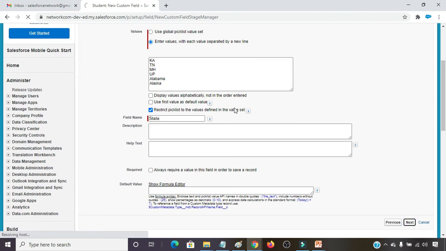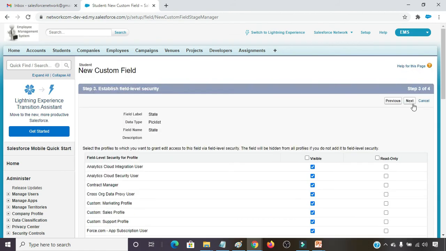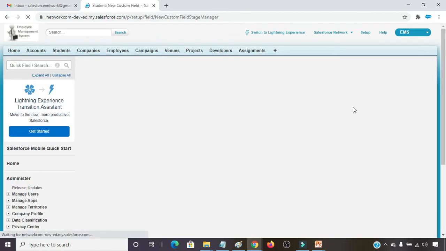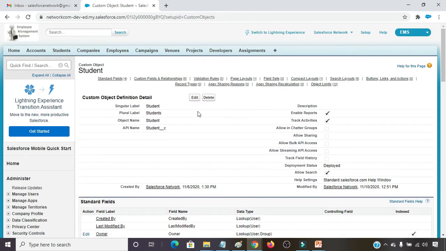Then clicking on next. Establish field level security, clicking on next, finally clicking on the save button.